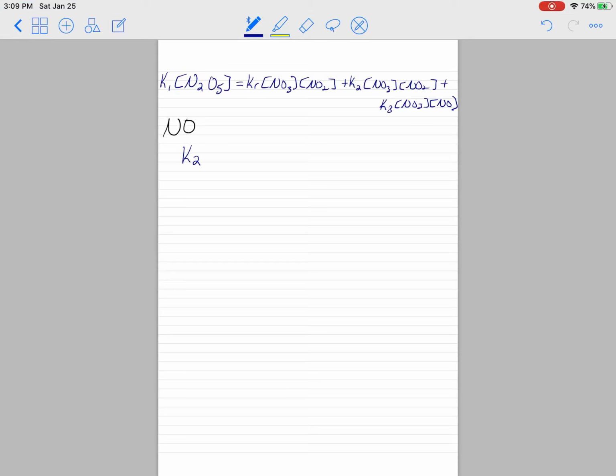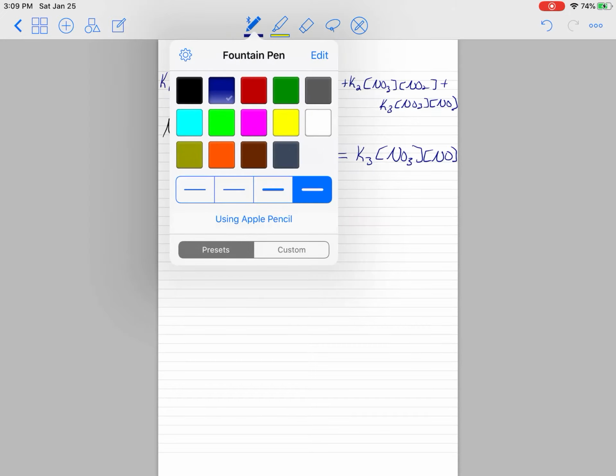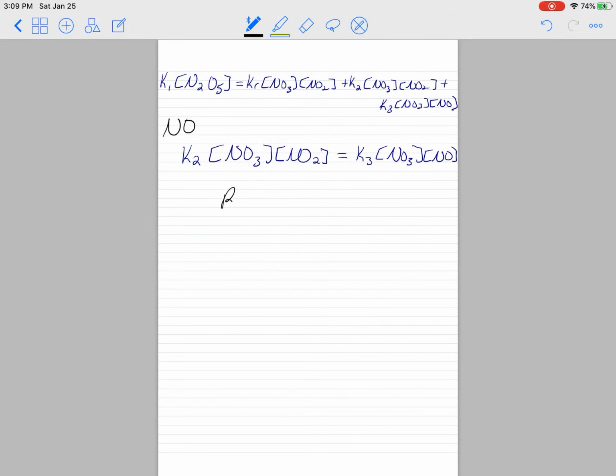So the rate law for when NO is produced is the rate law for step 2, and the rate law for when NO is consumed is the rate law for step 3. And there we go. We're going to save this because really what we're going to do next is